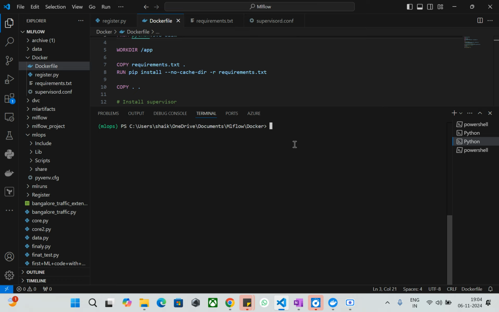Yeah, we have the Dockerfile, and we are in the same directory path, which is the MLflow Docker directory. So if you would like to create a Docker image out of a Dockerfile, there are a few commands that we need to use. So the command name is docker. Sorry, capital